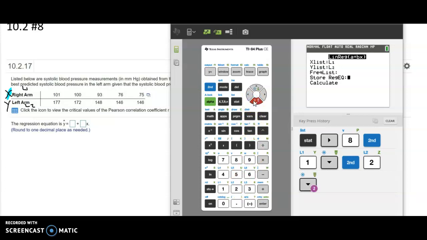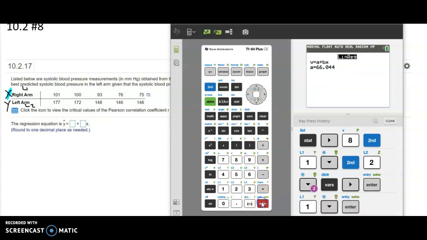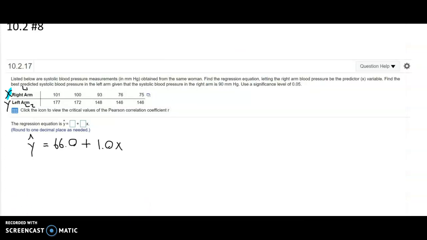We can store our RegEQ by pressing vars, over to Y-vars. Under function, you can list it under Y1, that would be fine, and now press calculate. And here you'll have our linear regression equation. It should be y hat equals 66.045 to 3 decimal places plus 1.031x. So go ahead and type that in. The problem actually asks us to round to just 1 decimal place, so you would get y hat equals 66.0